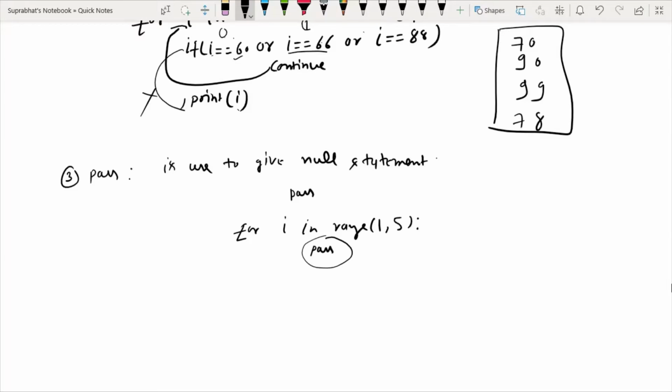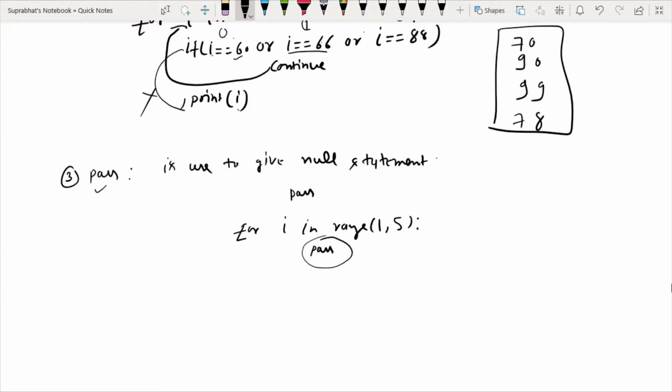It means this is a null statement, nothing will print. If I want a null statement, how? This question can be asked in competitive examinations. How is a null statement given in Python? So you will write that the use of pass is to give a null statement.